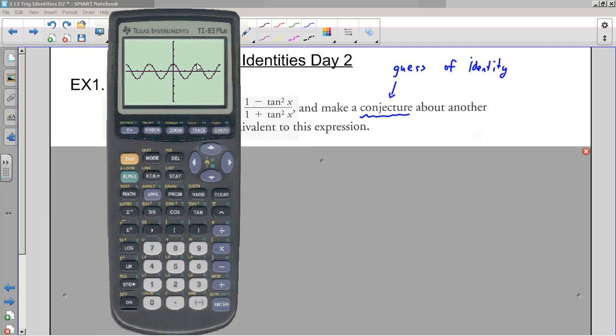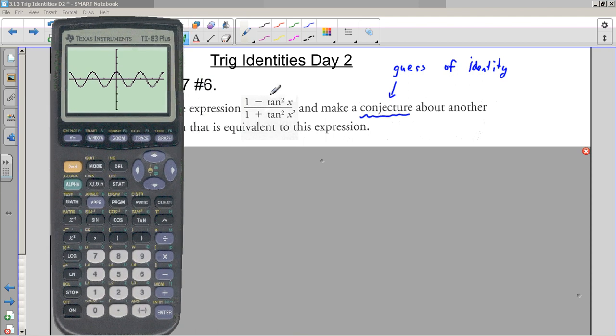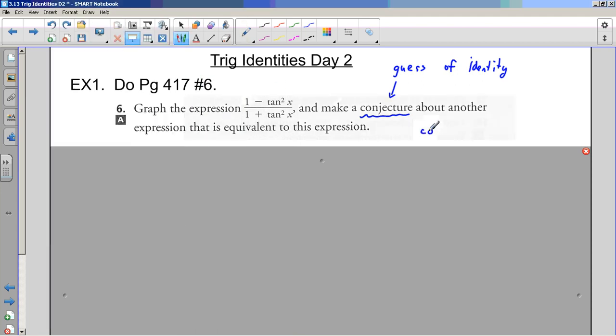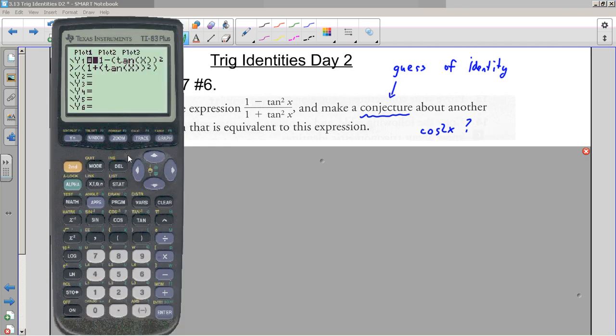So this has an amplitude of 1. It kind of looks like a cos graph, but it's 2 cos graphs by the time I get out to 2 pi. Well, that's just a horizontal squish, right? So it kind of looks like maybe cos 2x, right, with just a period change. And so the conjecture would be, well, let's try cos 2x. Let's put in cos 2x and see